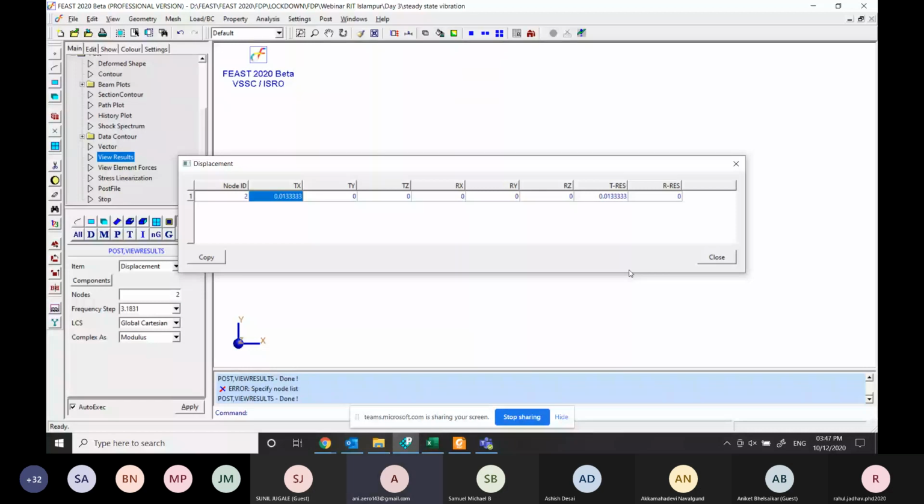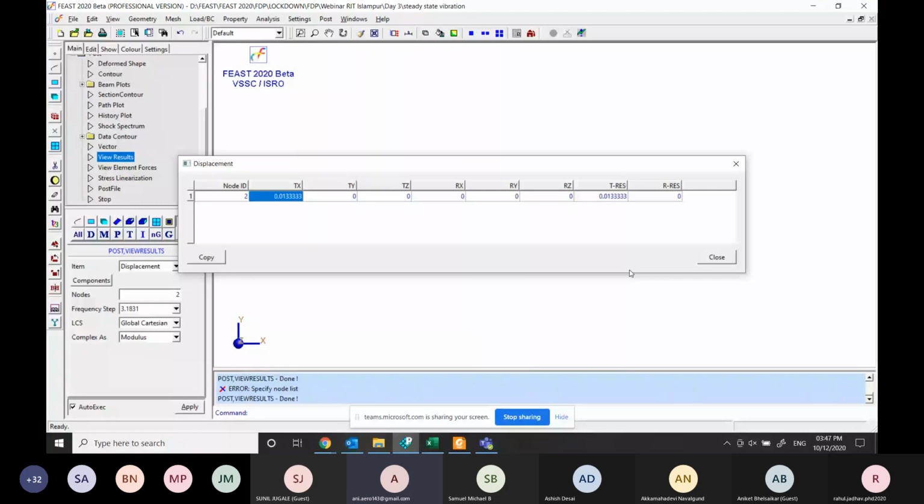So if you have any query or any question in this problem, which is the first problem of steady state vibration, you can please ask. Because after this we are going to solve a different problem, a logarithmic decrement problem, and it is nothing but a transient vibration, which is based on the complementary function.